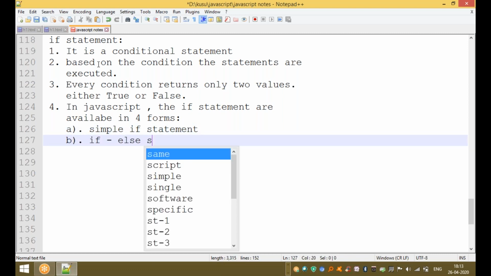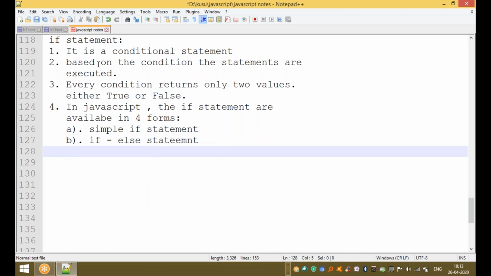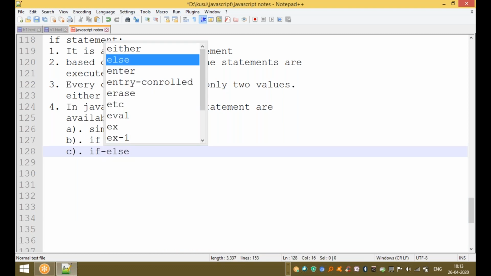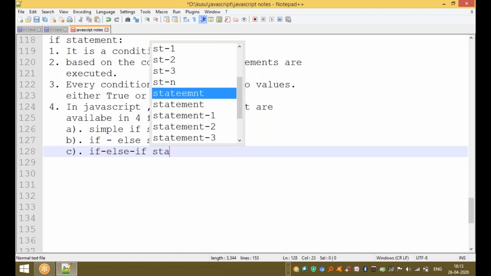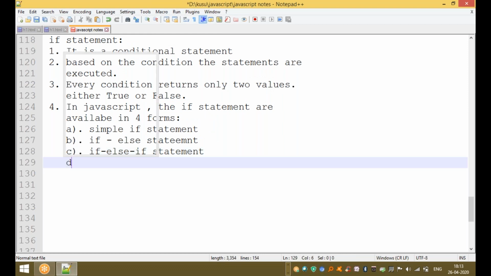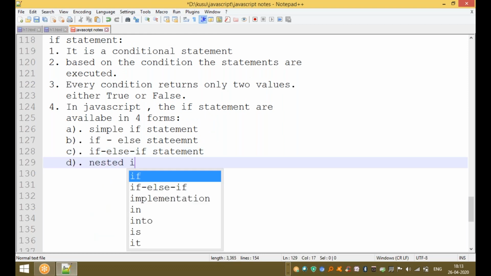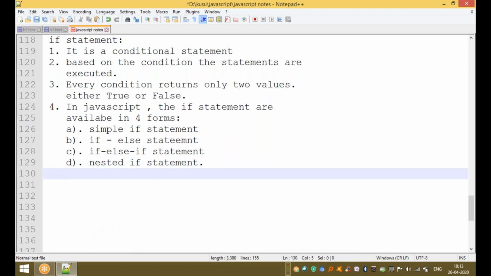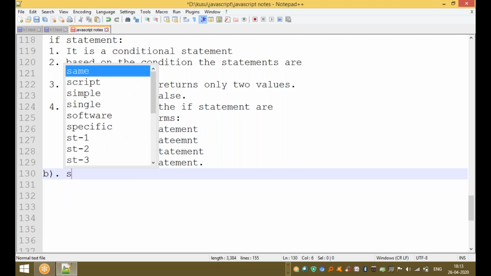Number three is the else if statement, that is, if else if. And the fourth one is the nested if statement. In JavaScript, the if statement is available in four different forms. The first one is the simple if statement.